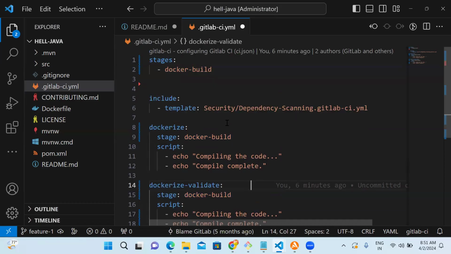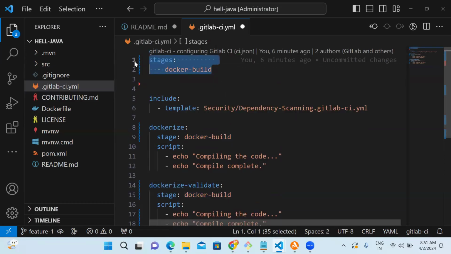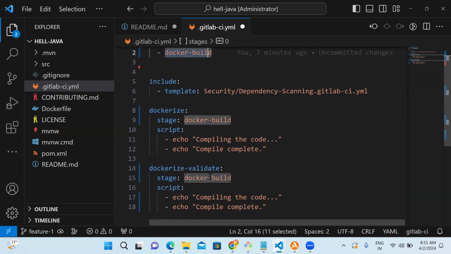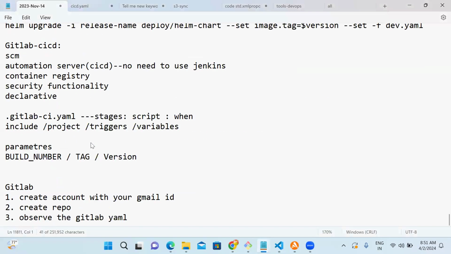How many stages do we have? One stage only, two jobs. One stage, two jobs. Yeah, that's what you need to do here. Okay. In GitLab,